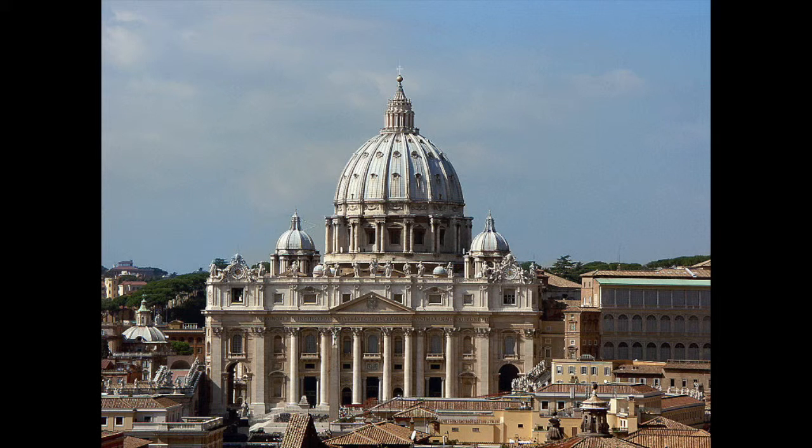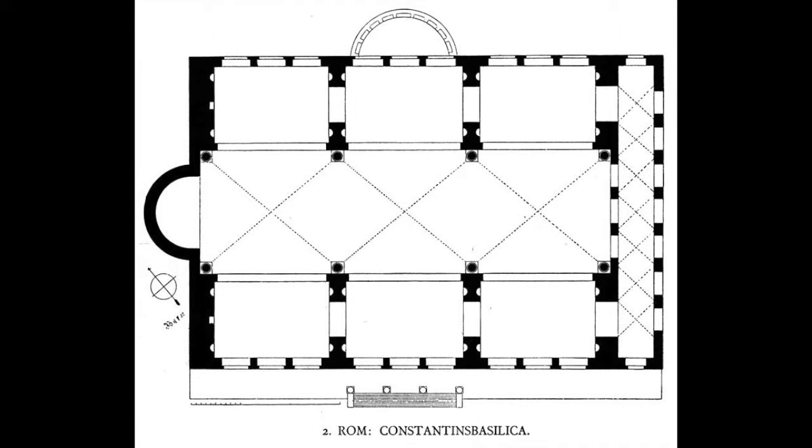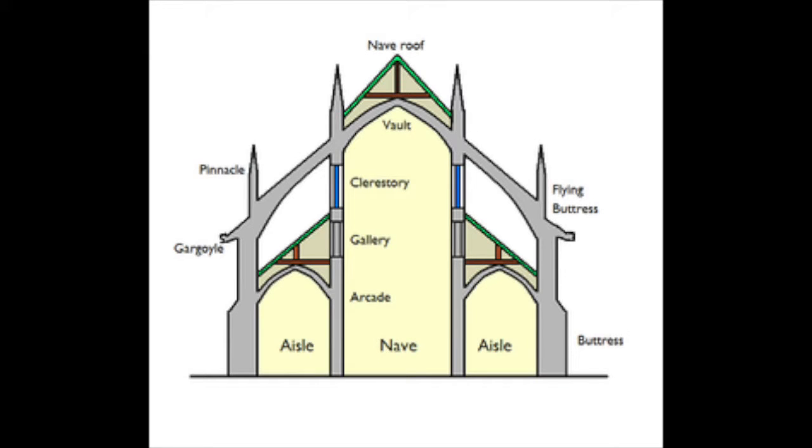Obviously, from everything I've told you in my research, these religions come from the worship of the ancient Phoenicians, and all of their architecture and symbolism and religion comes from them, and the symbol of the dragon or the serpent, the basilisk. Now here's a picture of the floor plan of the Basilica of Maxentius and Constantine. You see the pillars. And then here is a picture of a Gothic basilica. You've got the pillars and then a middle pillar.